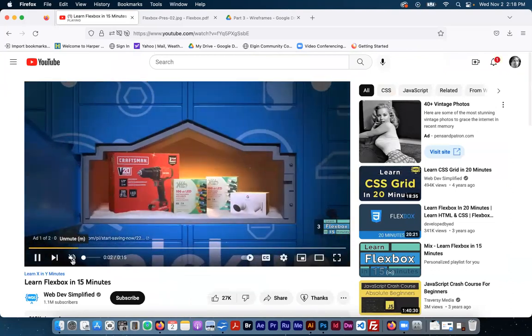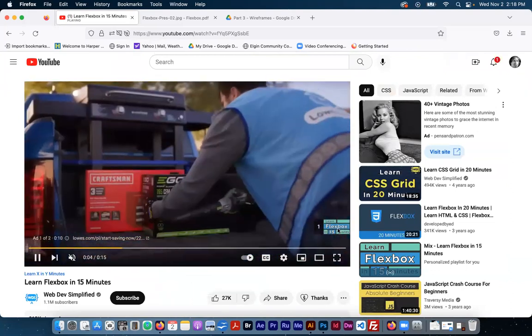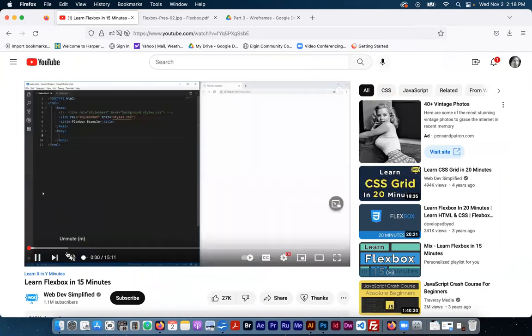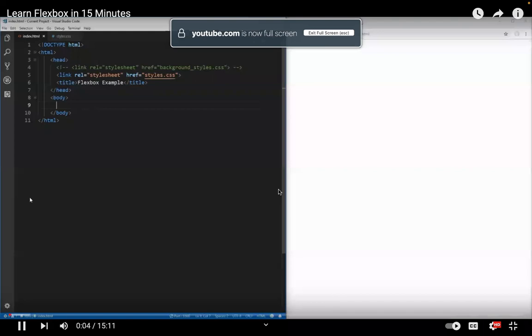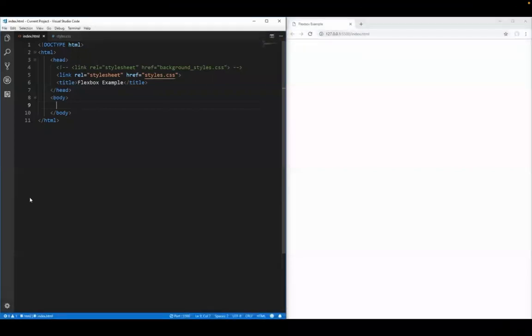In this video, we're going to dive into the different parts of Flexbox, starting with what Flexbox is and how Flexbox works. And then we're going to dive into the different properties that we can apply to Flexbox in order to lay out and style our elements as we want. So to get started, let's add a div inside of our body here. We'll give it a class of Flexbox container, since this will be the container that all